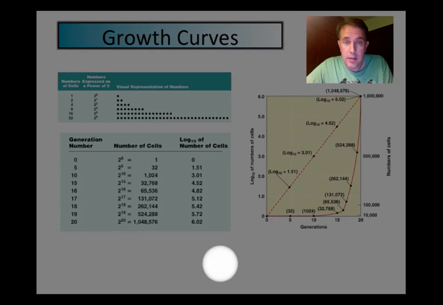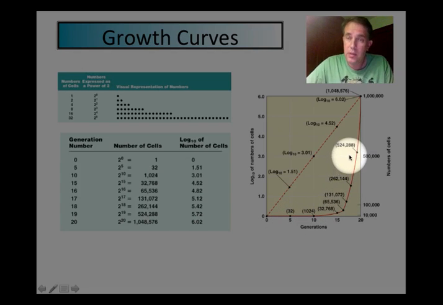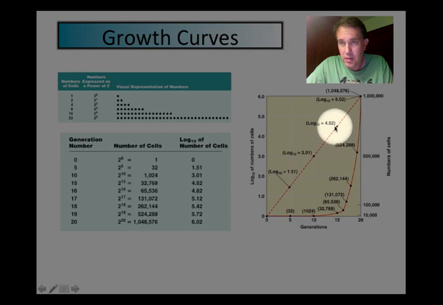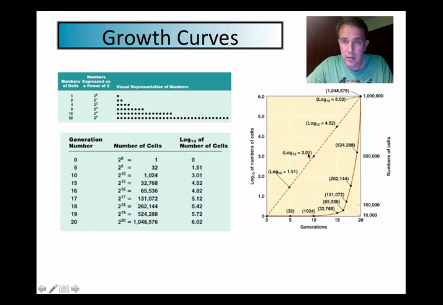As you can see on the graph here, when you graph the number of cells over time, it starts off pretty low here and then quickly accelerates up as you double the number in each of the successive generations. When you graph the generation number versus not just the whole number of cells but the logarithm of those, you get this straight line. So this axis is showing what is known as logarithmic growth, as you get a linear growth over time with the number of cells.